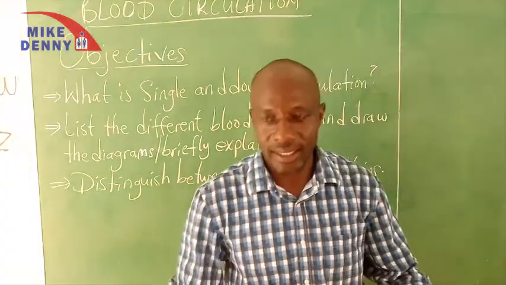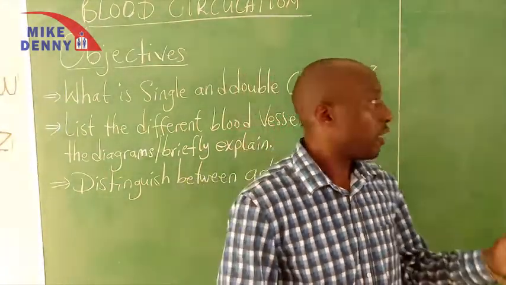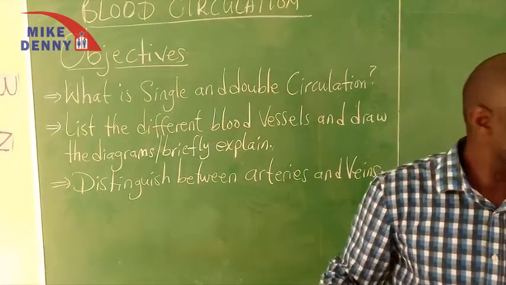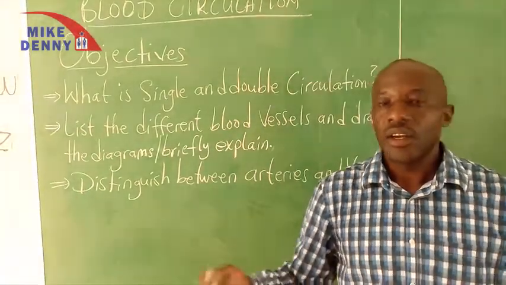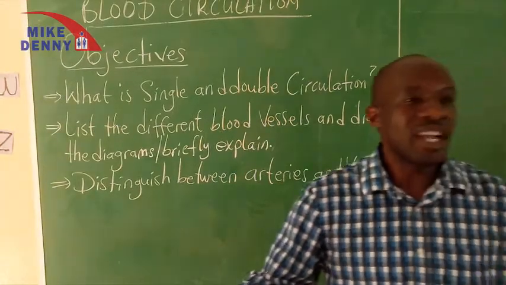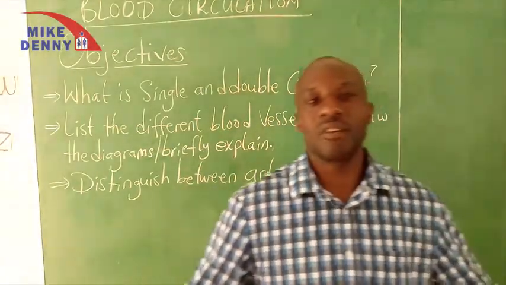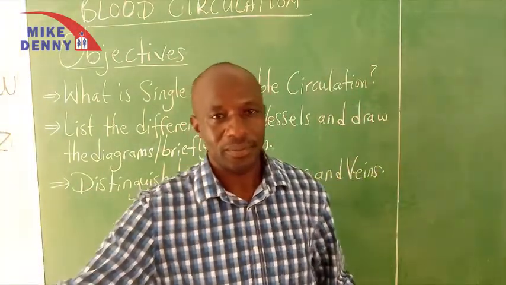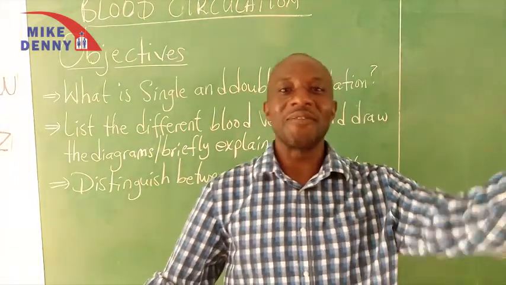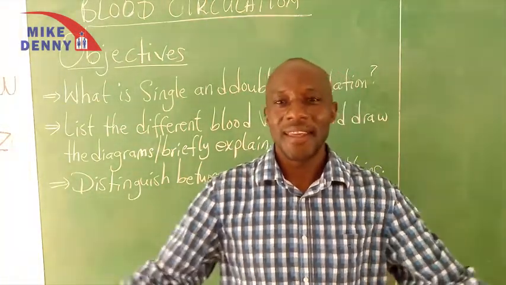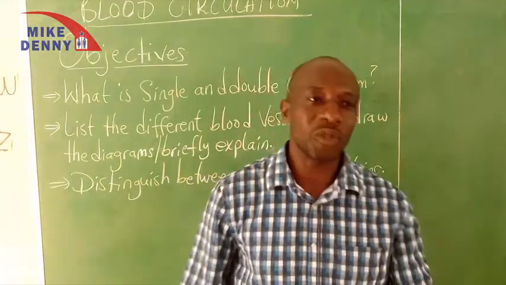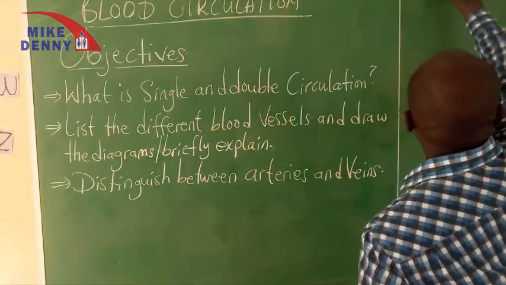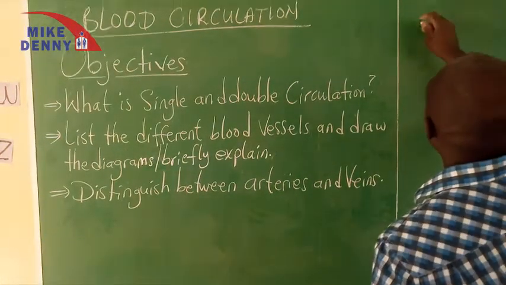Then we'll be looking at the blood vessels. And within these blood vessels, we want to find out which are the different kinds of blood vessels that we have. Which are different kinds of blood vessels? Yes? Somebody mentioned arteries? Somebody mentioned veins? Good? Somebody mentioned capillaries. So we have the arteries, the veins, and the capillaries. So we take them down. Arteries,